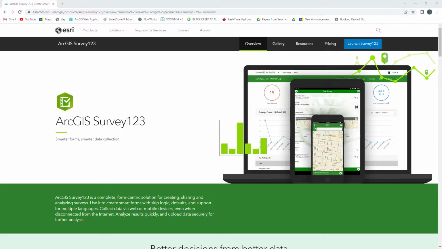It's a really great tool, especially if you have a large survey team that's going out and collecting a lot of information. It helps to create a uniform data collection process, and afterwards working with the data is really easy. If you have access to an ArcGIS Online account through your institution, you'll have access